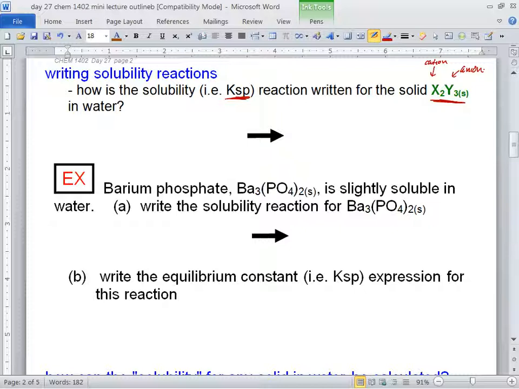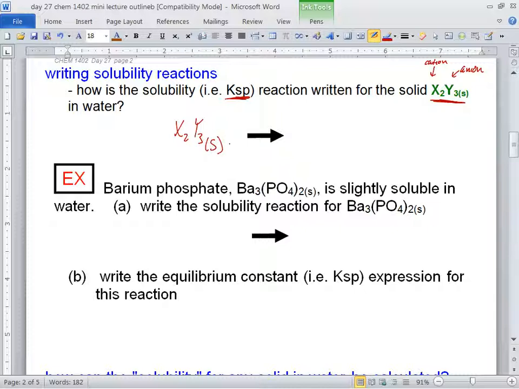All right? And remember how this works? The little 2 is the charge on the Y, and the 3 is the charge on the X. Okay, so now that you can read this, Mia, what side do you write the solid on? The reactant or the product side? The reactant side, because you want it to break up into its ions. And the bigger the equilibrium constant is, the more ions you have. So you've got to put the solid over here. X2Y3 with a big S on it.